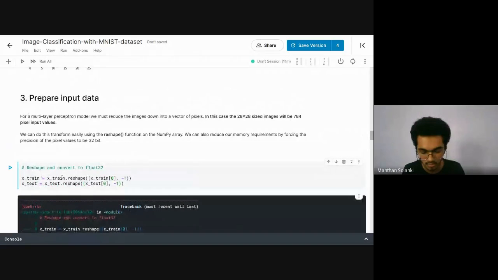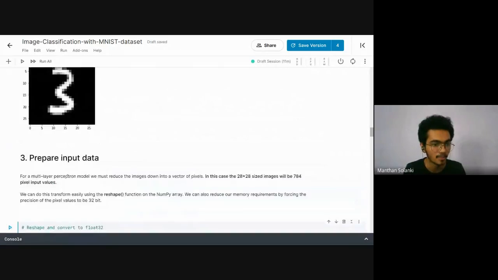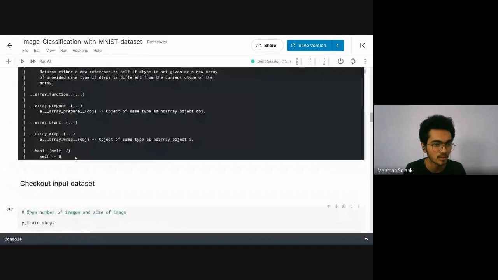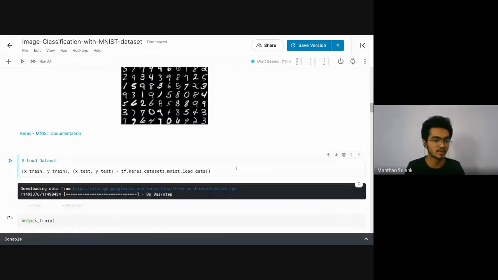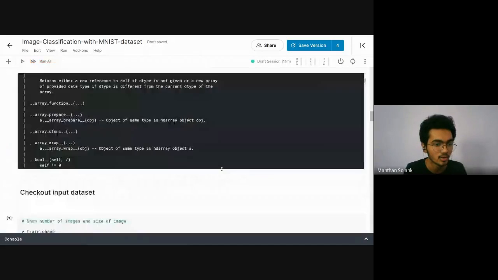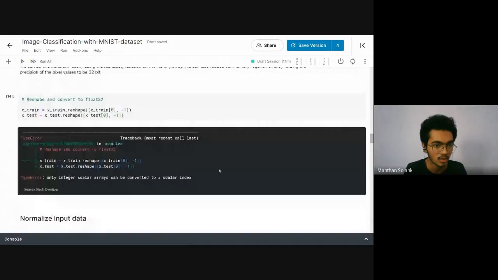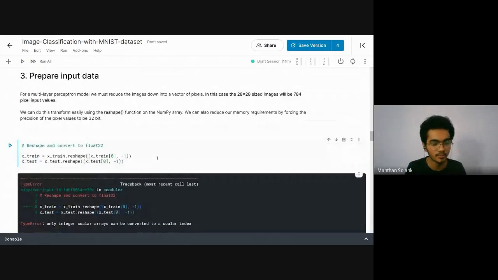Let me run this step again, xtrain.reshape. I went wrong over here. I want shape, so I have to write shape of 0, because xtrain of 0 means the first image.